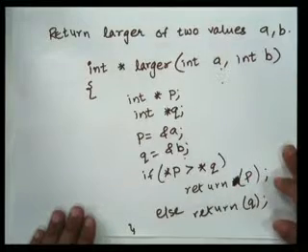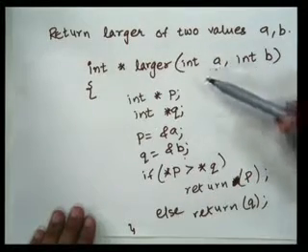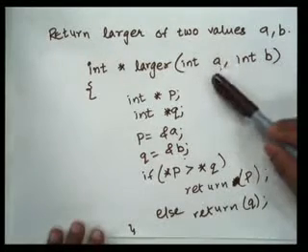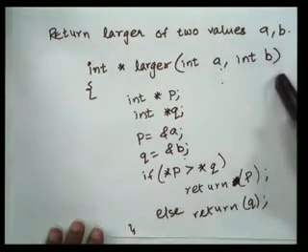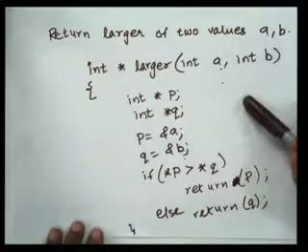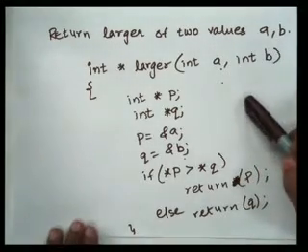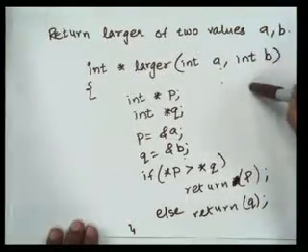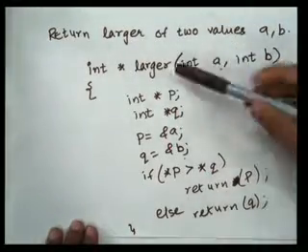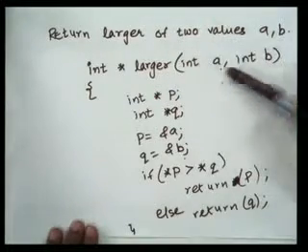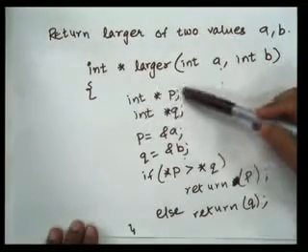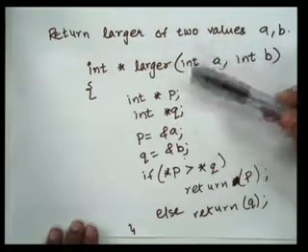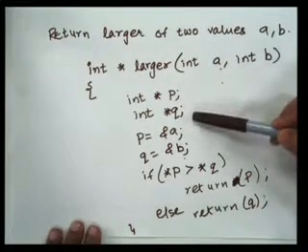Once again, if it is not clear, I am passing two parameters, a and b. I want to find which one is larger, but I want to use the concept of a function returning a pointer. So the return type is int* because I am returning an integer pointer, right? My function name is larger. I am passing two parameters, then creating two pointers inside, because I want to return pointers.